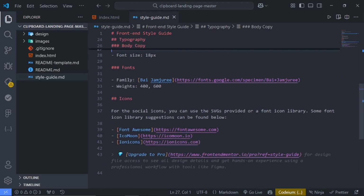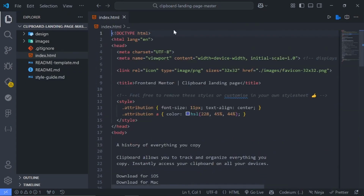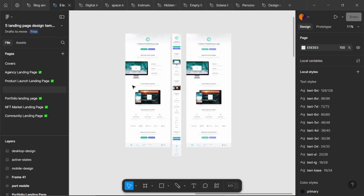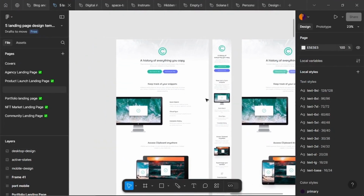And for the icons, they give us options. So for social icons, you can use the SVGs provided or a font icon library. So we'll be using Font Awesome or some CDN. So basically this is just it, and we can go back to Figma and start structuring how the website